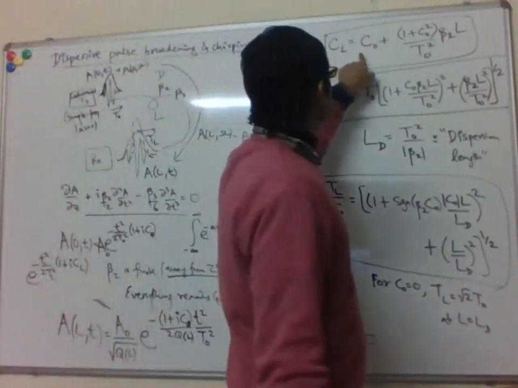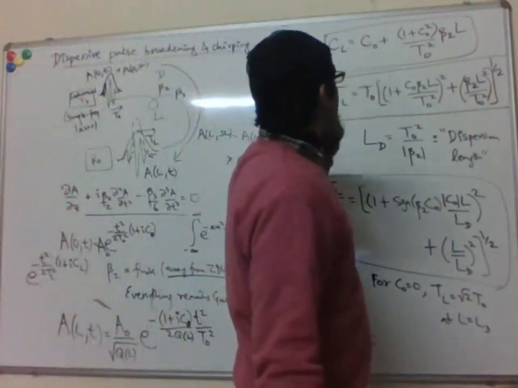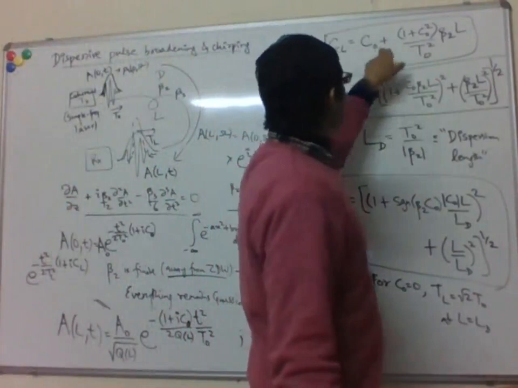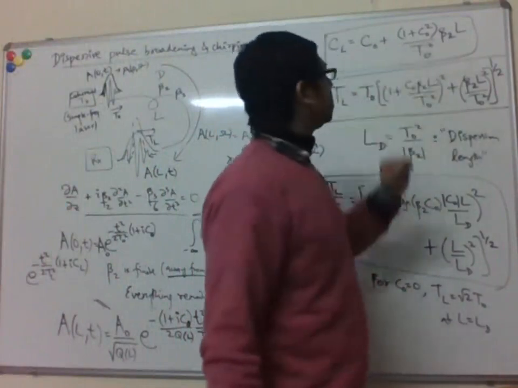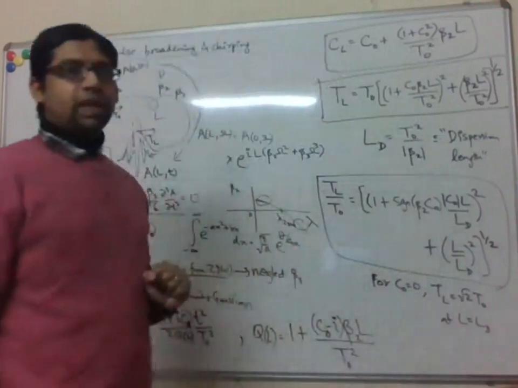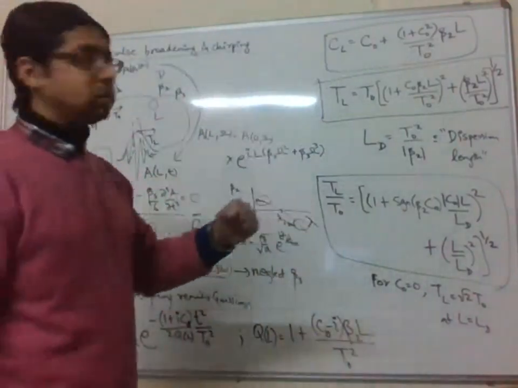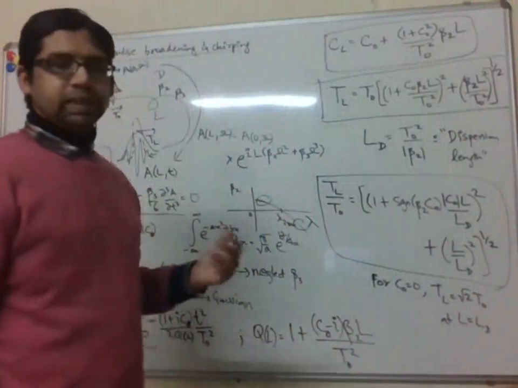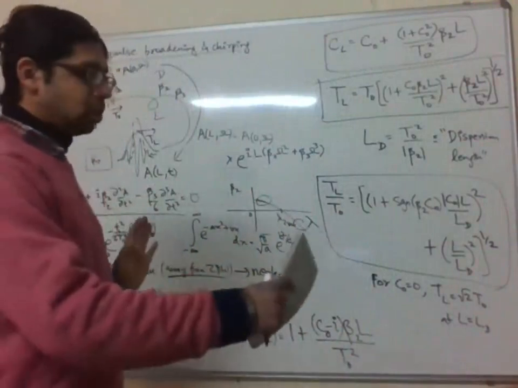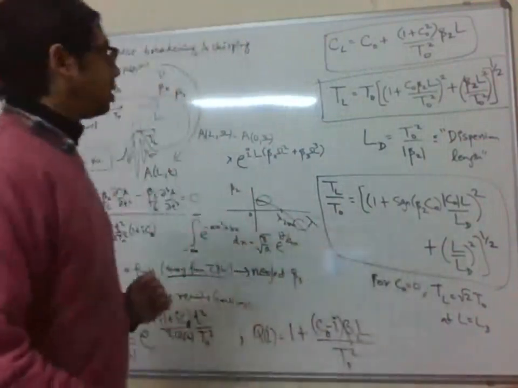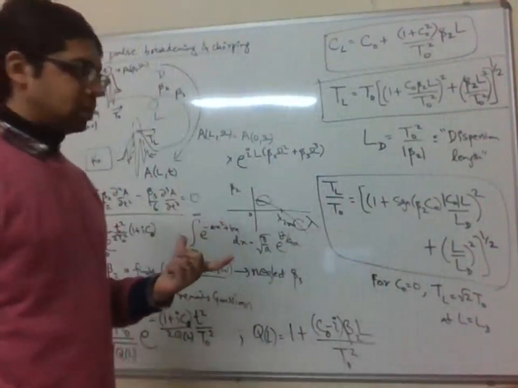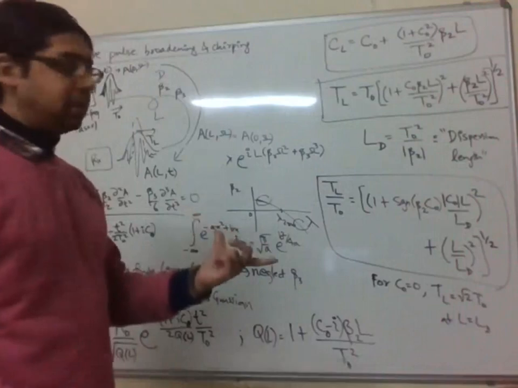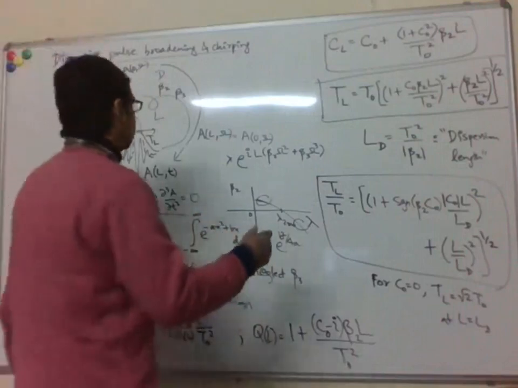You can also see from here. So let's say C naught is positive and beta 2 is negative, then you can see CL will be less than C naught, right? So the chirp is going down, right? Which means from a chirped pulse we're going towards an unchirped pulse, right? And we already saw that an unchirped pulse or the transform limited pulse has the minimum duration, right? Again,